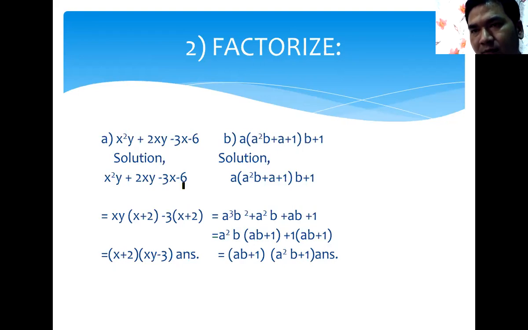In 6, if 3 is taken common, then 2 is remaining because 3 times 2 is 6. And now we can check whether our factorization is correct or not. x plus 2 is the same. That's why our factorization is correct. Then x plus 2 should be taken common. And what is remaining now? xy remaining here. Minus 3 here also minus 3. Okay. Like this, we will factorize.